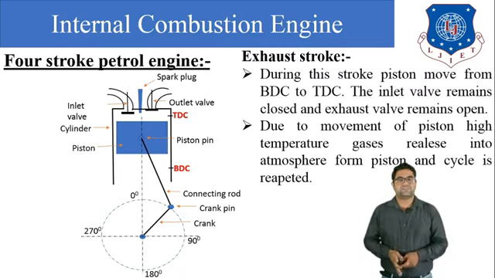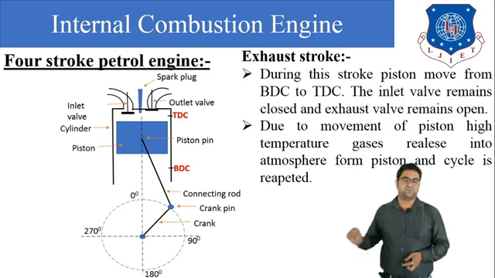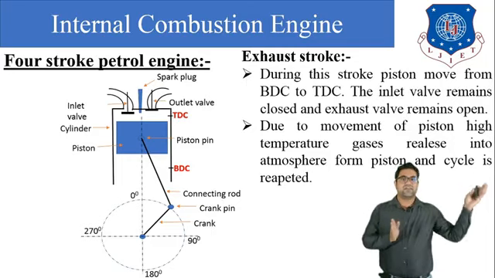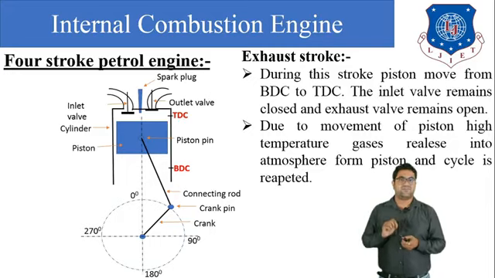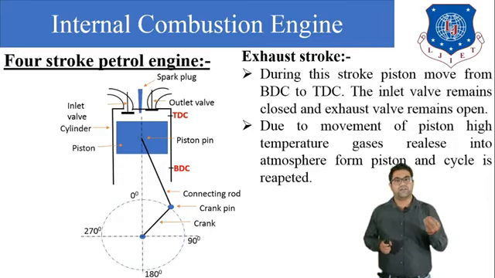Now our last stroke is the exhaust stroke. So in the exhaust stroke, what happens? The piston travels from the bottom dead center to the top dead center, and the crank will travel from 180 to 360. Okay, the smoke which was generated inside the cylinder will go outside the engine via the exhaust valve or the outlet valve. So during the exhaust stroke, the inlet valve will remain closed and the outlet valve will open,